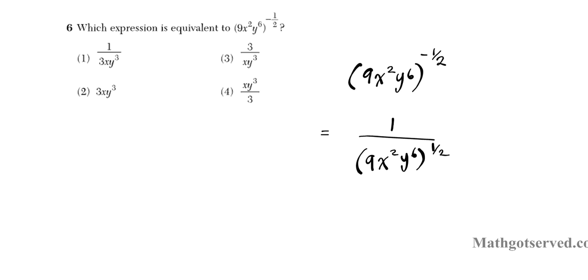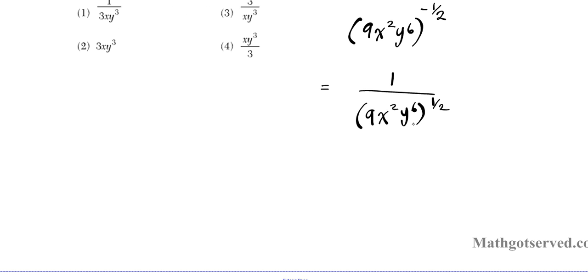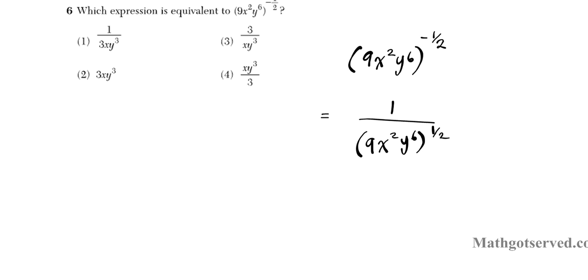Okay? Now in order to simplify the exponents with ease, we are going to express every single term here as exponents. The x and the y are already expressed as exponents. How about 9? Can we express 9 as an exponent? Well, let's see. What we're going to do is basically break it down using the factor tree. So 3 goes into 9 three times. So we can express 9 as 3 to the 2nd power. So we're going to write this as 1 over 3 squared x to the 2nd y to the 6th raised